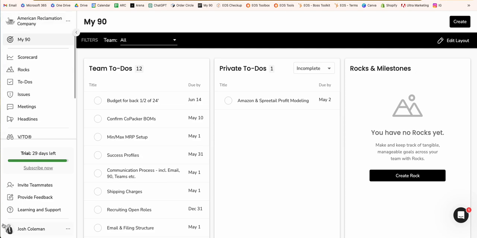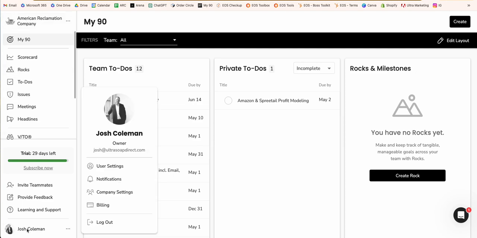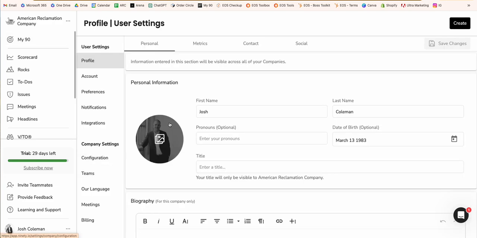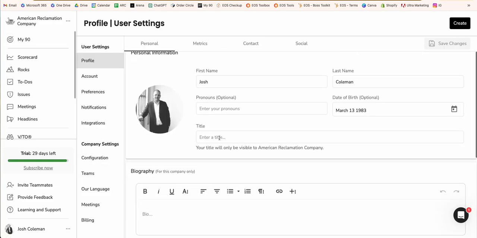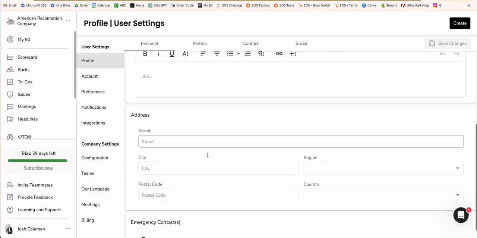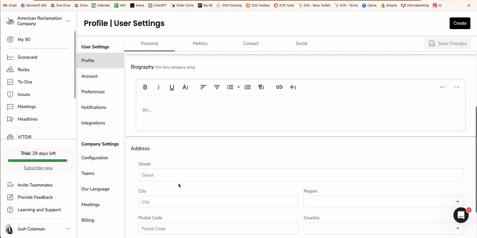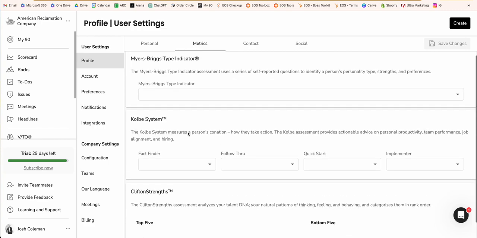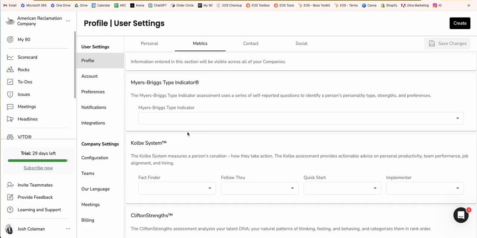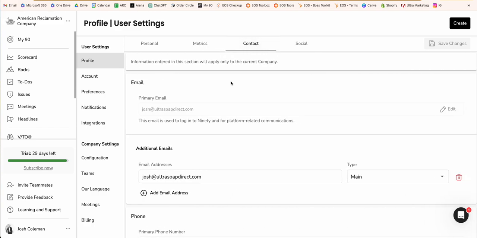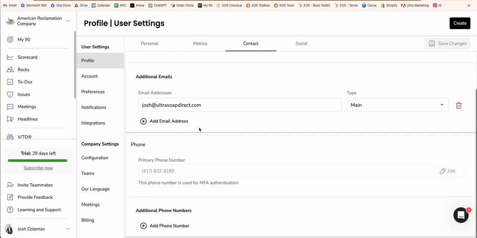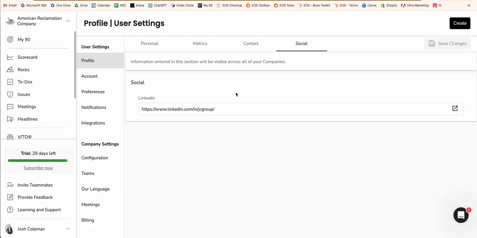So at the bottom left here, you'll see your name. You can click on that, log out, go to any other like user settings. I encourage you to go to user settings, put in some of your information. Put in a biography, street address, all the information that you can about yourself. Metrics, this stuff will come out, and then through some other exercises and some other training and development things that we're going to give to you over the course of time. Contact information, again, primary email address, phone numbers, those sort of things, and then any social things that you want